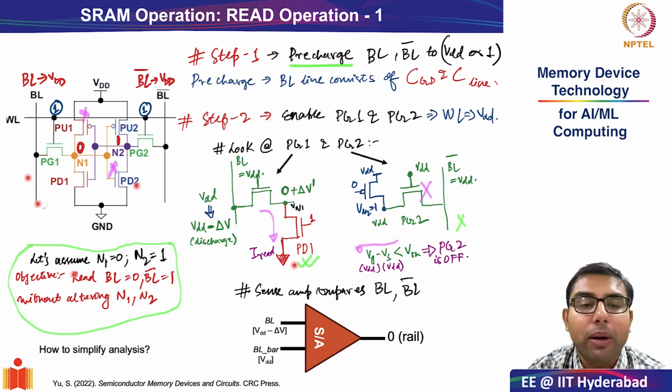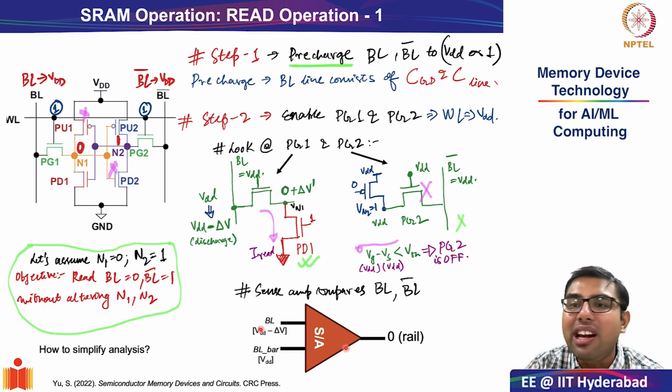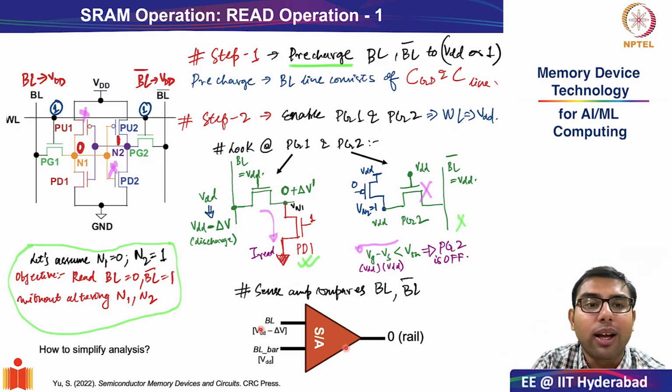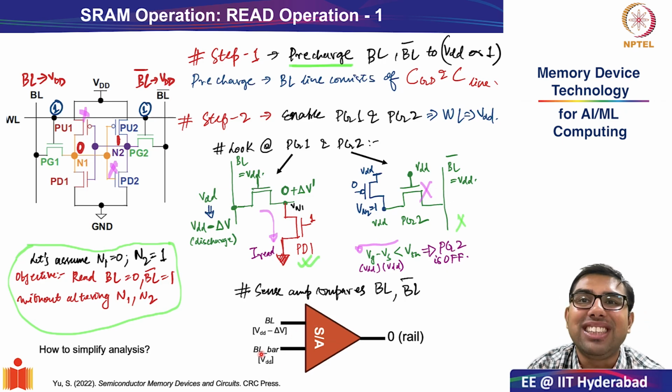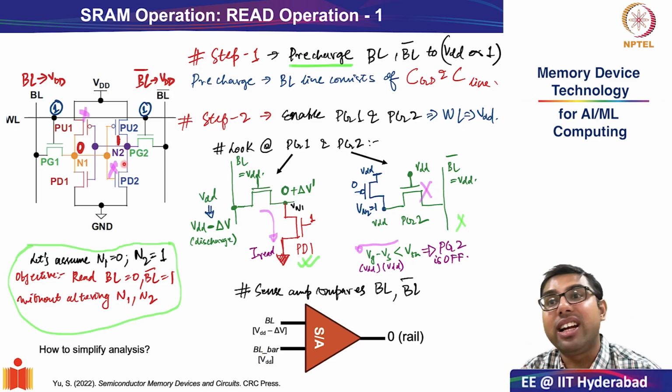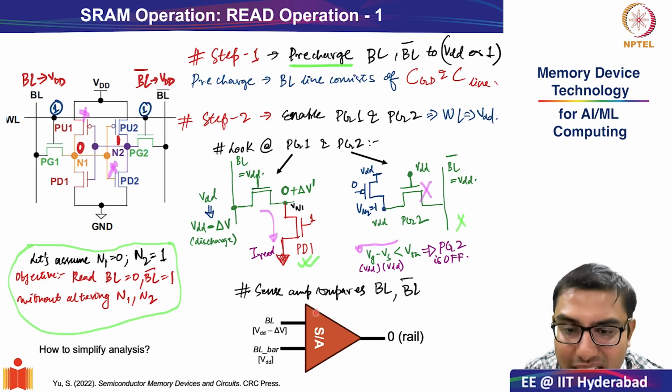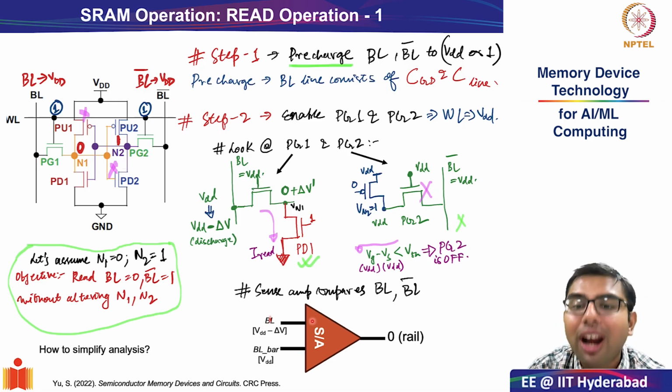So the sense amplifier, which will be connected to bit line and bit line bar, soon we'll see that when you turn on the word line and all the read current starts flowing from PG1 to PD1, the discharge on bit line will show up at the input of your sense amplifier, but your bit line bar will not change. Remember, there was no activity happening in the PG2 or the right hand side of the branch. And as a result, this small potential difference appears in this sense amplifier.